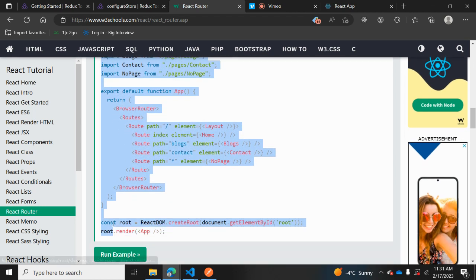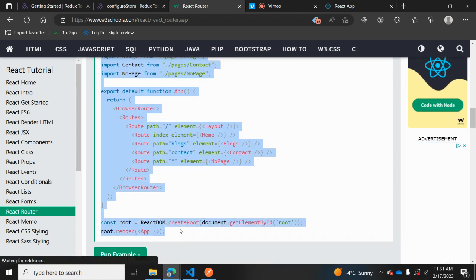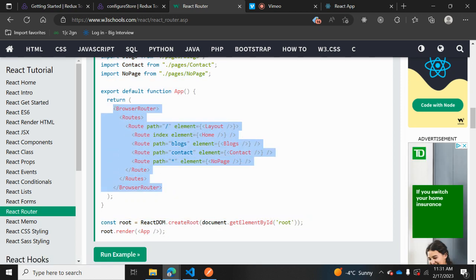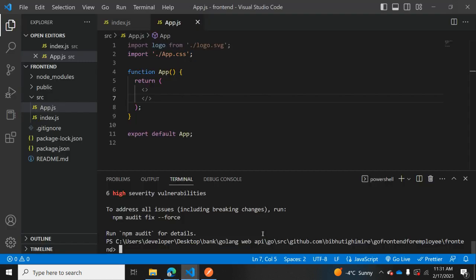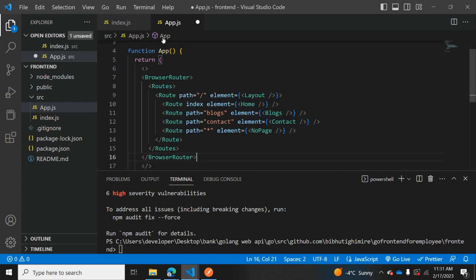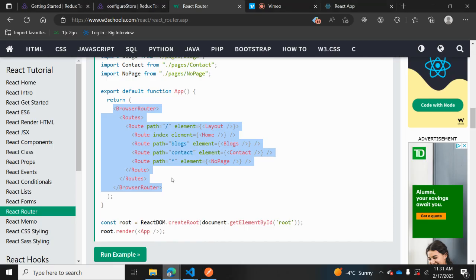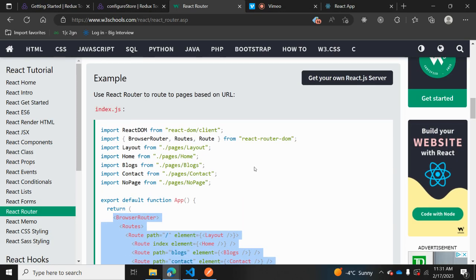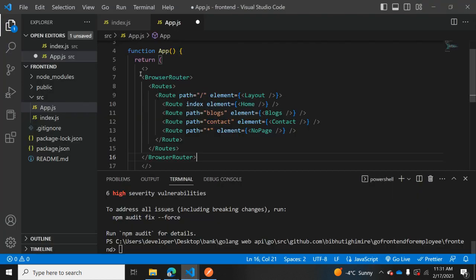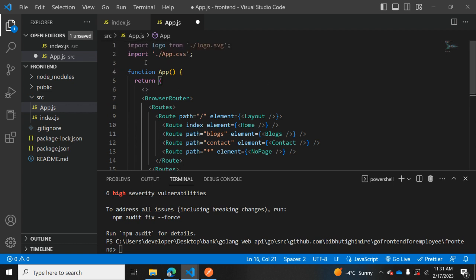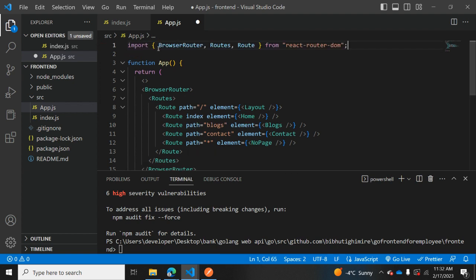Okay, let's copy this entire thing. Or you know what, just this. Let's copy this and paste it inside these empty fragments of app.js. And I also need the import. Let's copy this. We need to remove these two both because we've already deleted them. And let's paste it. Okay, so basically this is the router that we're creating,